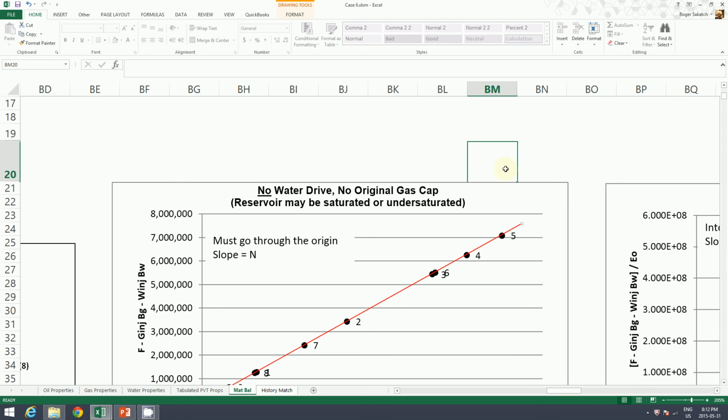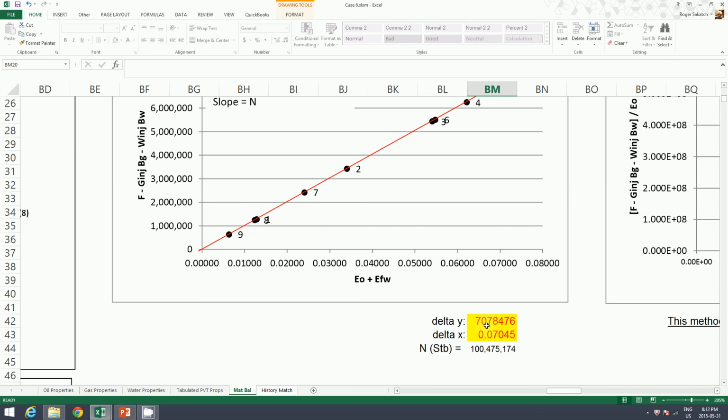So that's what we've done. We've used that line to identify that this pool seems to have about 100 million barrels original oil in place. Useful information. What are we going to do with it? Well, we could stop there and we could